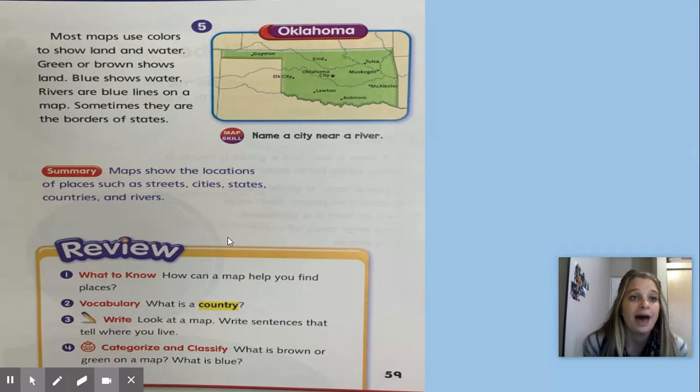It says most maps use colors to show land and water. Green or brown shows land and blue shows water. So rivers are blue lines on a map. Sometimes they are the borders of states. So, all right, we're going to discuss this picture, okay? And I want you to know that maps use colors to show land and water. So we know that this is land, and these